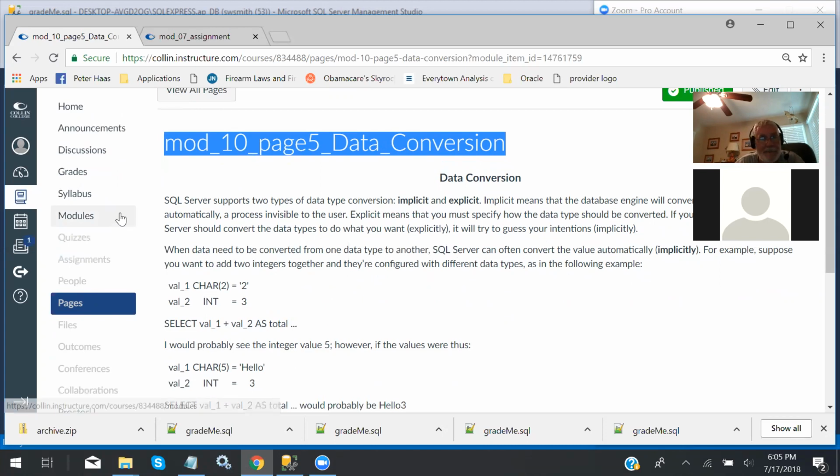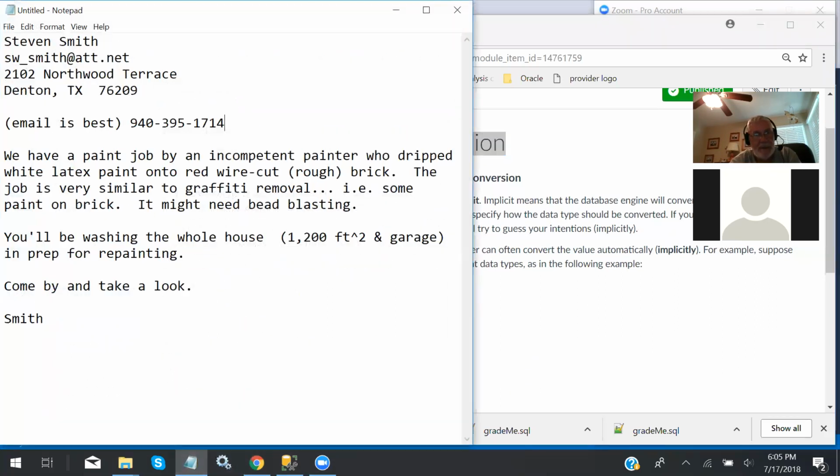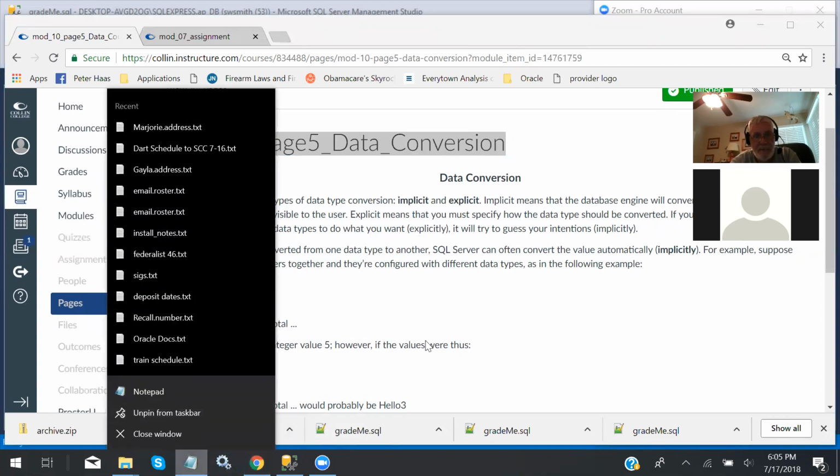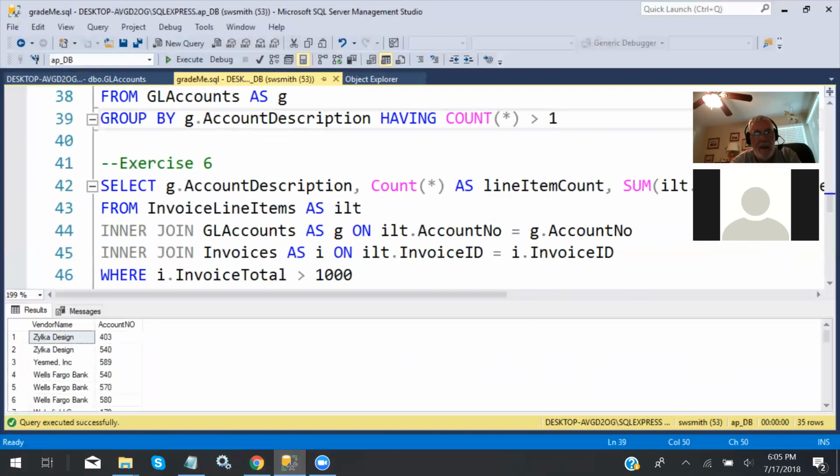That's okay. The server supports two types, implicit and explicit. And I'm going to point you back to your programming class. You had a programming class in some language or another. And let's say it was C or Java. And in C or Java, for example, if you were to